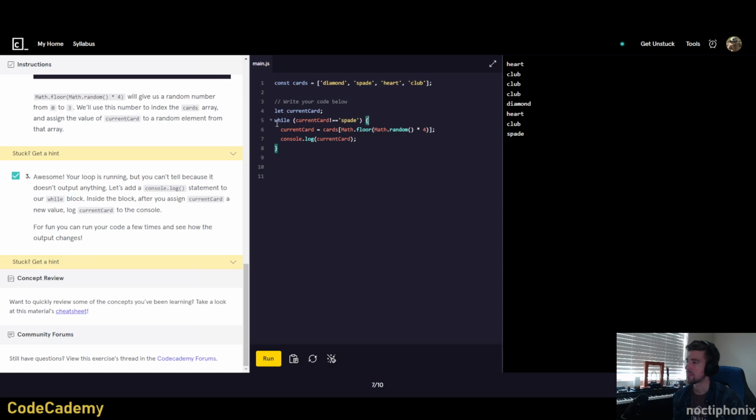And once again, while loops work great when you don't know when it's going to stop, or when you want to sort of randomize that. Yeah, so this is good for a loop that also has some degree of randomness in it. Diamond, diamond, diamond, diamond, club, club, spade. Yeah, like this one. See, it can take several attempts before it actually reaches that. With the for loop, you would have to program in specifically when you wanted it to